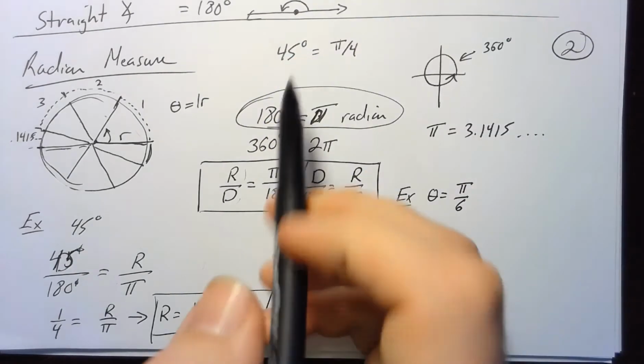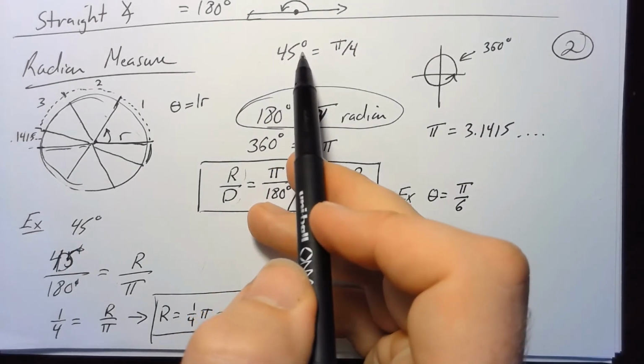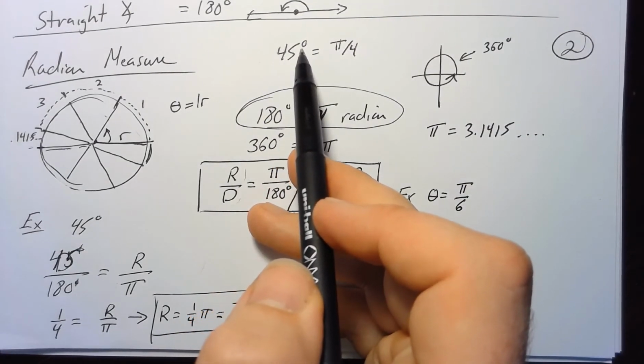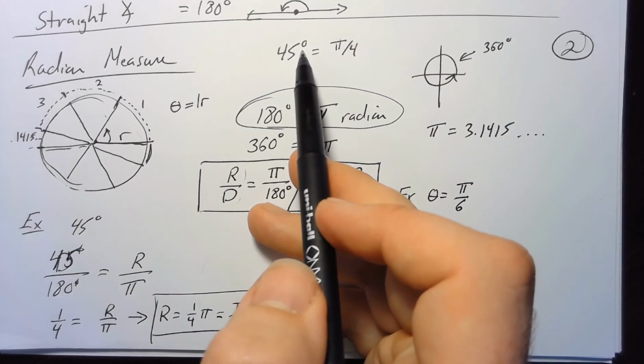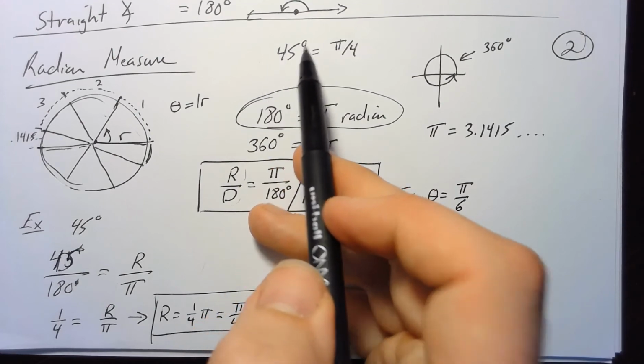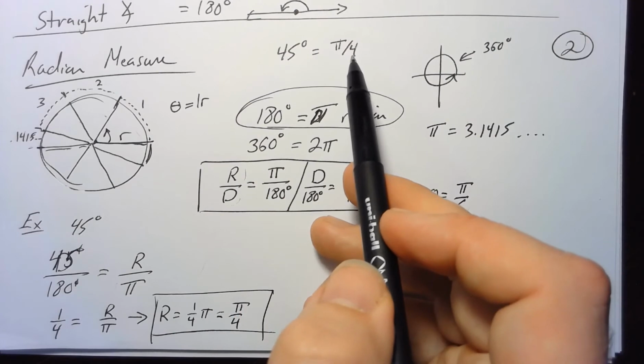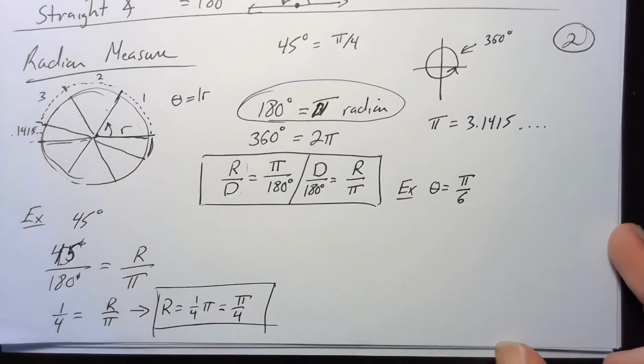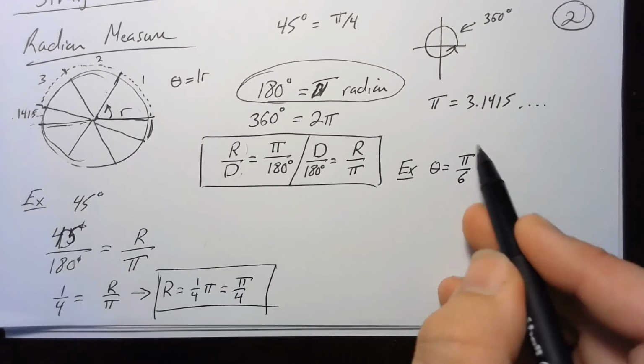And again, remember, if you leave out that degree symbol, you're not using degrees. So you have to make sure that every time that you go to write an angle measure, if it's in degrees, you have to use that symbol. If it's in radians, you don't have to write the unit for radian. Okay? So what about pi over 6?